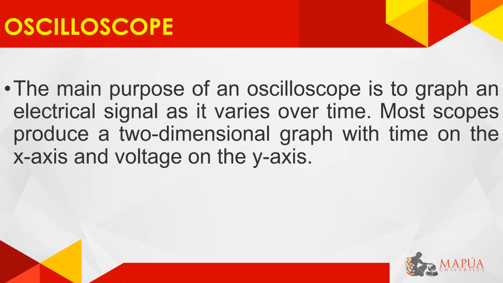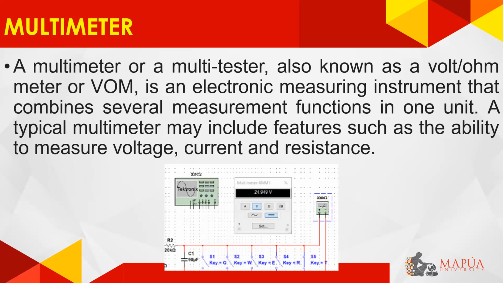Next is the oscilloscope. The main purpose of this device is to graph an electrical signal as it varies over time. Most scopes produce a two-dimensional graph with time on the x-axis and voltage on the y-axis. And the